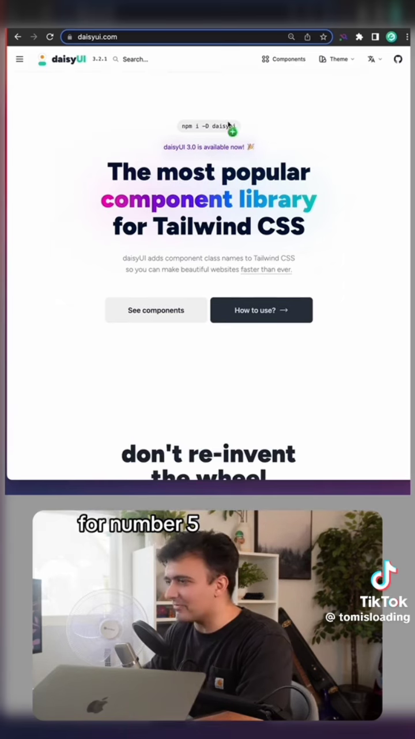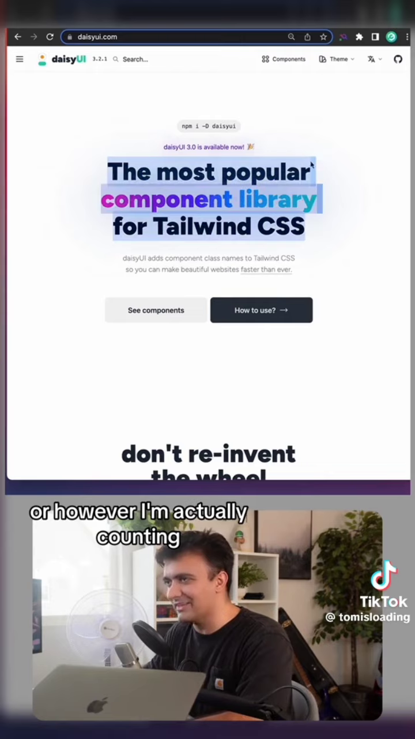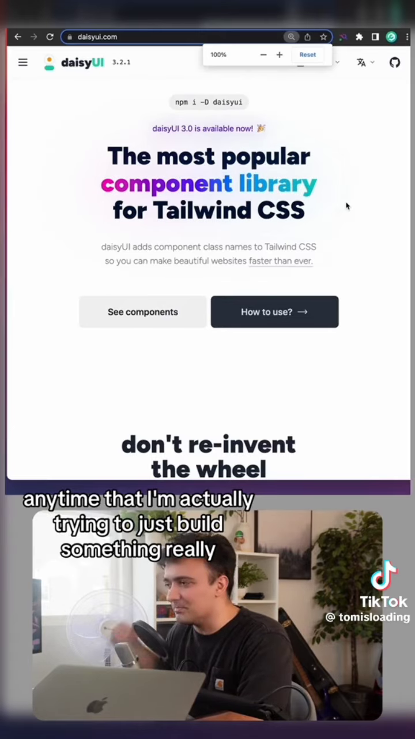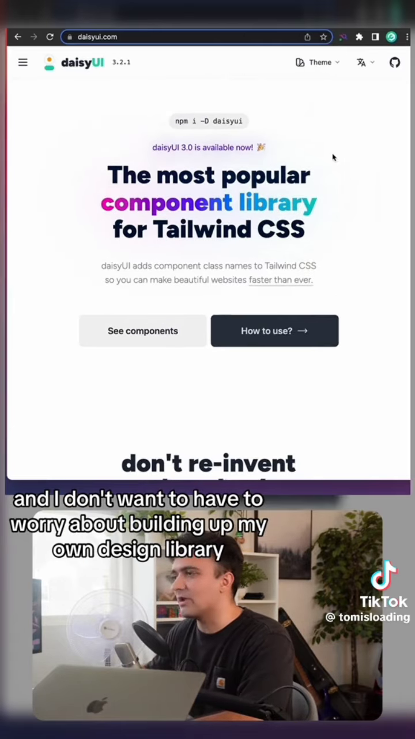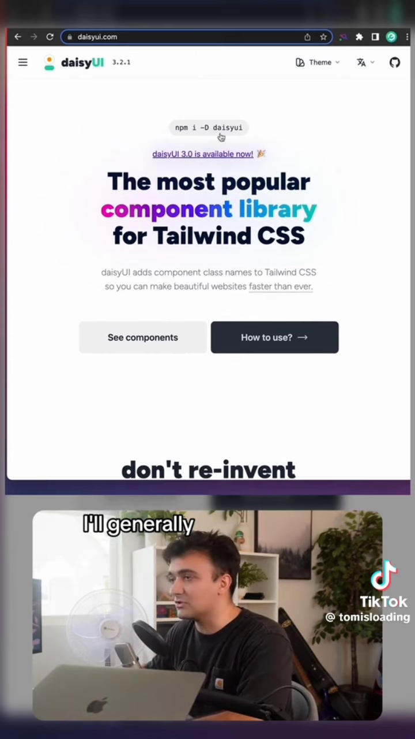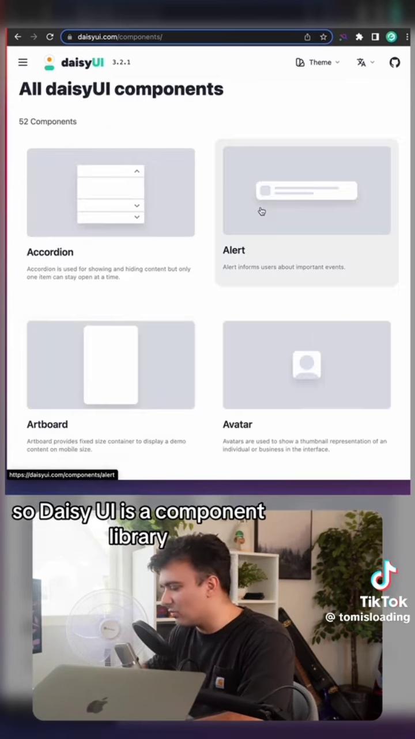And then finally for number 5, or 5.5, or however I'm actually counting, is Daisy UI. So anytime that I'm trying to just build something really, really quickly and I don't want to have to worry about building out my own design library, I'll generally reach for Daisy UI. So Daisy UI is a component